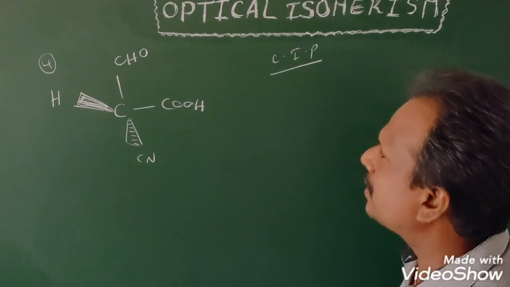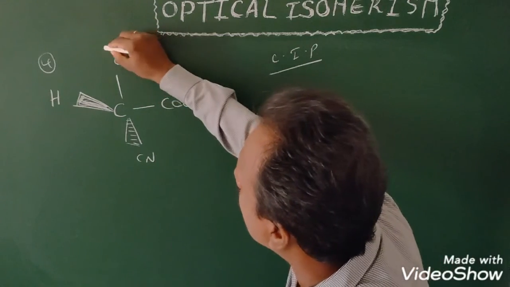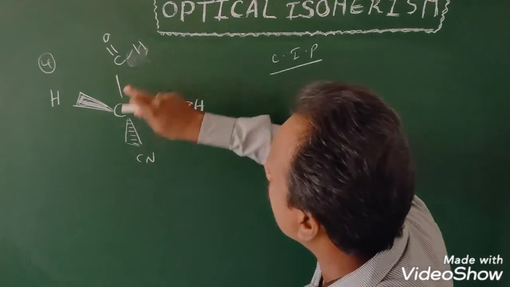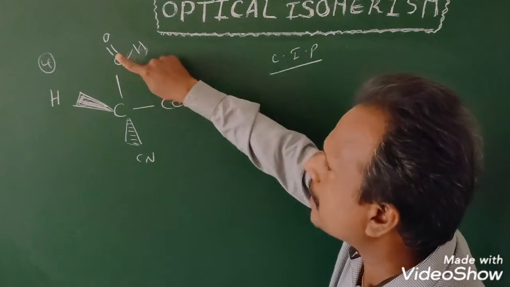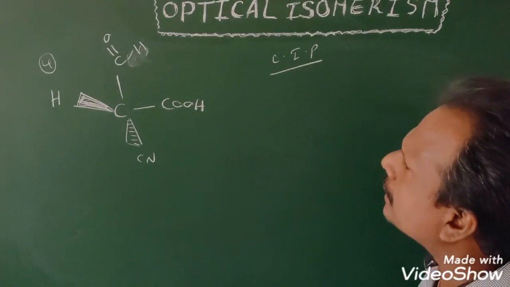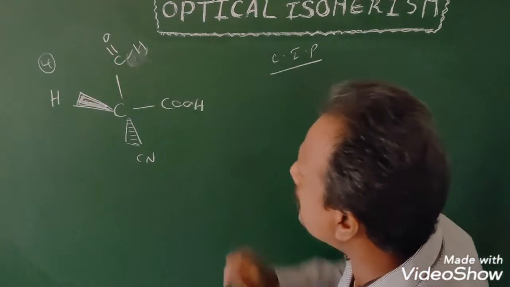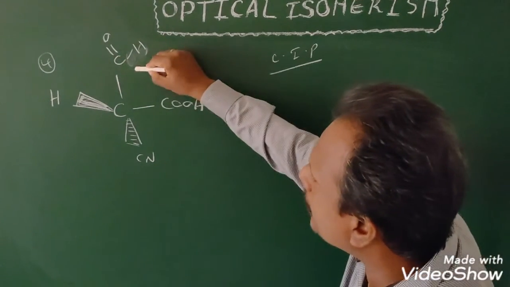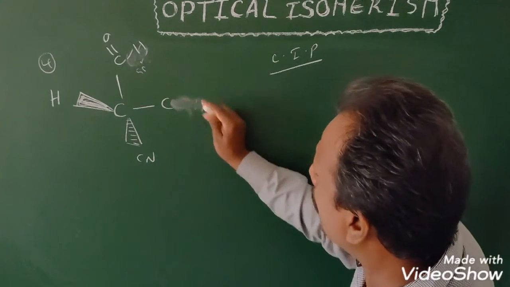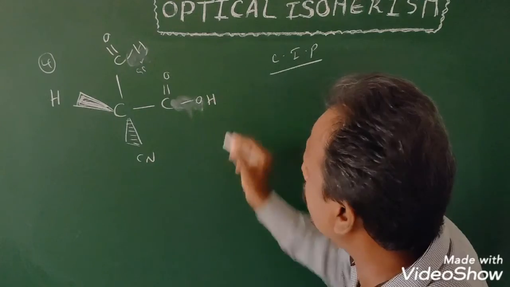In the case of aldehyde, what is the hybridization of carbon? It is C double bond O, H. 1, 2, 3. sp2 hybridization. Pi bonds are ignored. Only sigma bonds are counted to predict the hybridization of an atom in any molecule. So 1, 2, 3, 3 sigma bonds, sp2 carbon. COOH: in the case of COOH, what is the hybridization of that carbon? It is also sp2. 1, 2, 3. Also sp2.